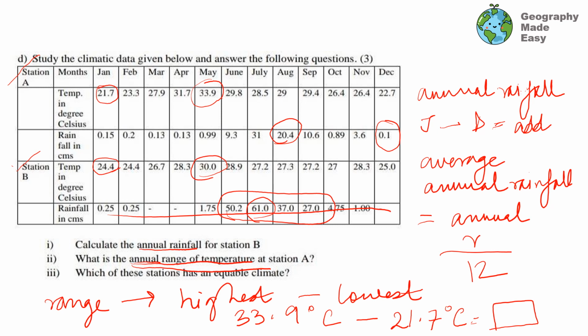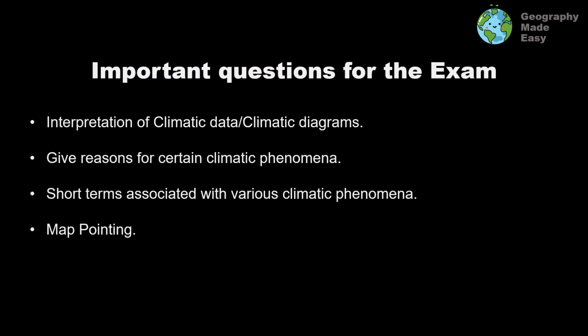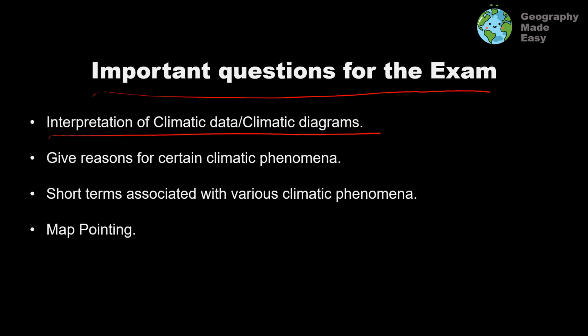So in this way, give reasons can be asked from this chapter, and it's very important that we reason them out sensibly with the help of the data which is given, and we write the reasons down properly. So, important questions for the exam: interpretation of climatic data or climatic diagrams. There are several questions given in any standard ISC textbook. I would suggest that you please solve them because they are important, and they have come several times in the